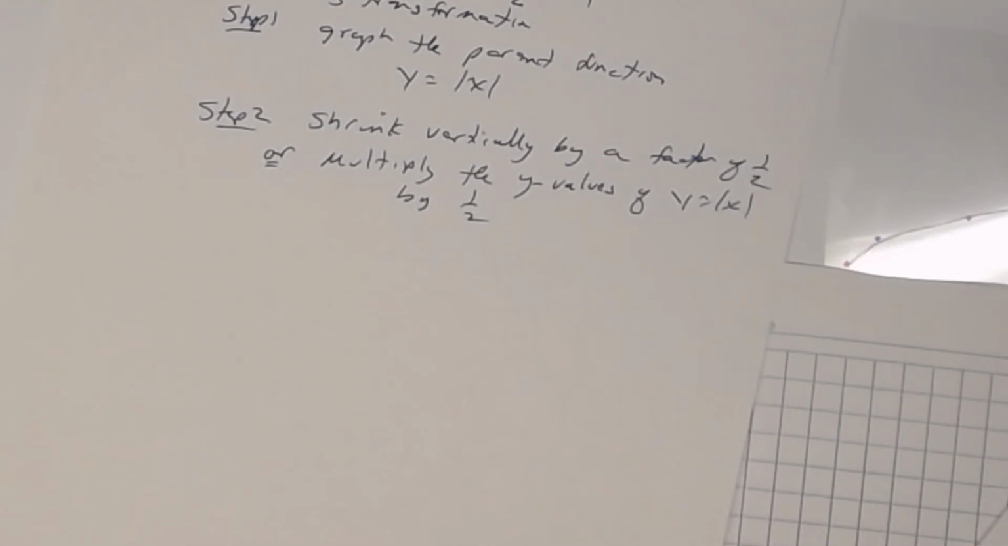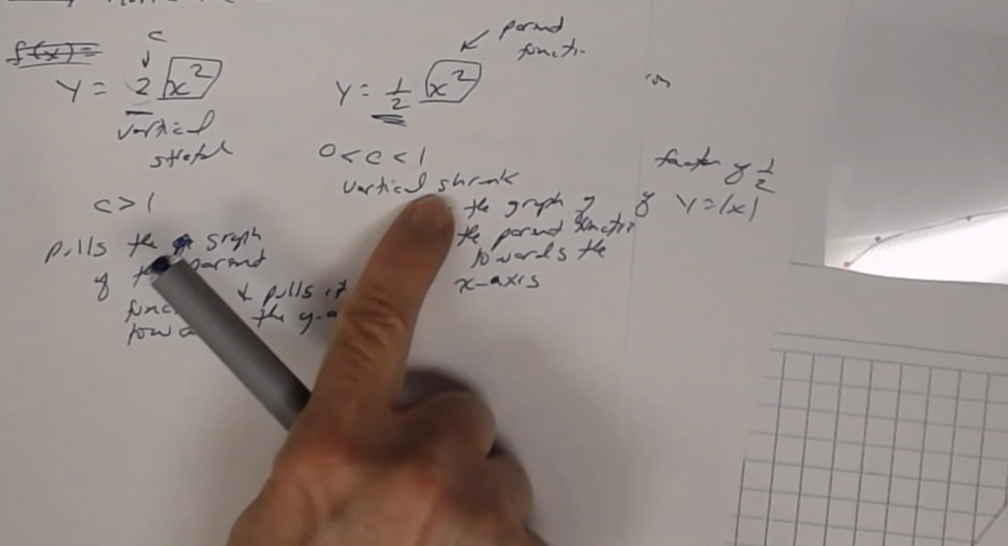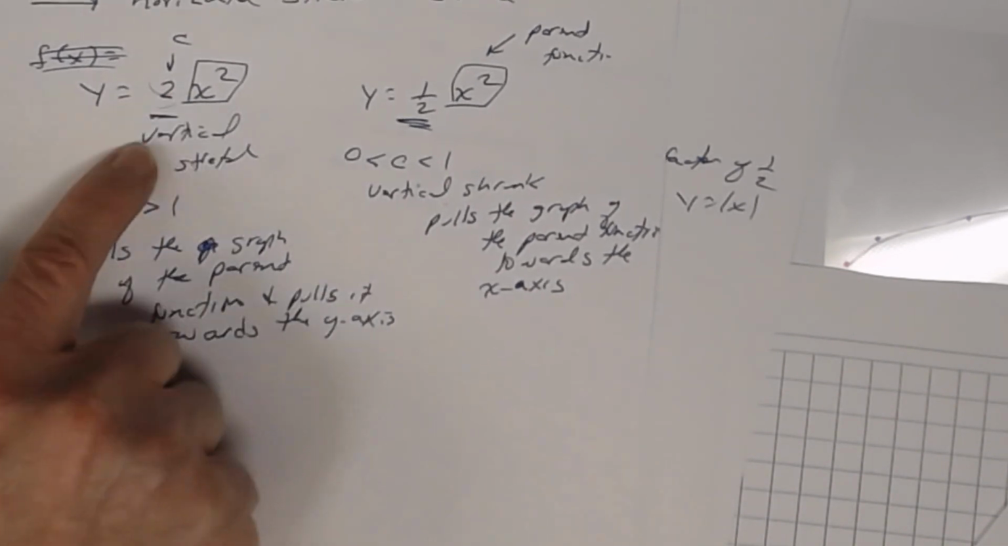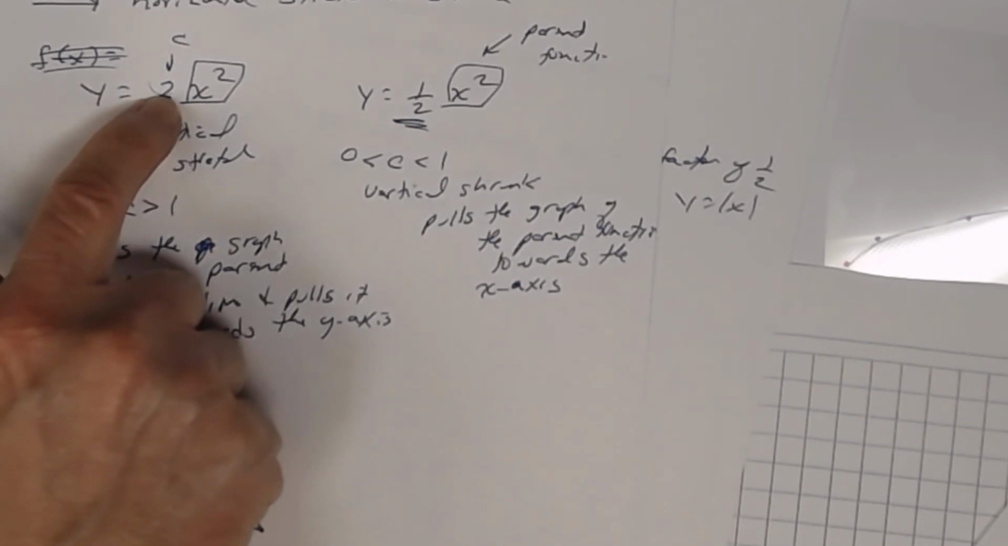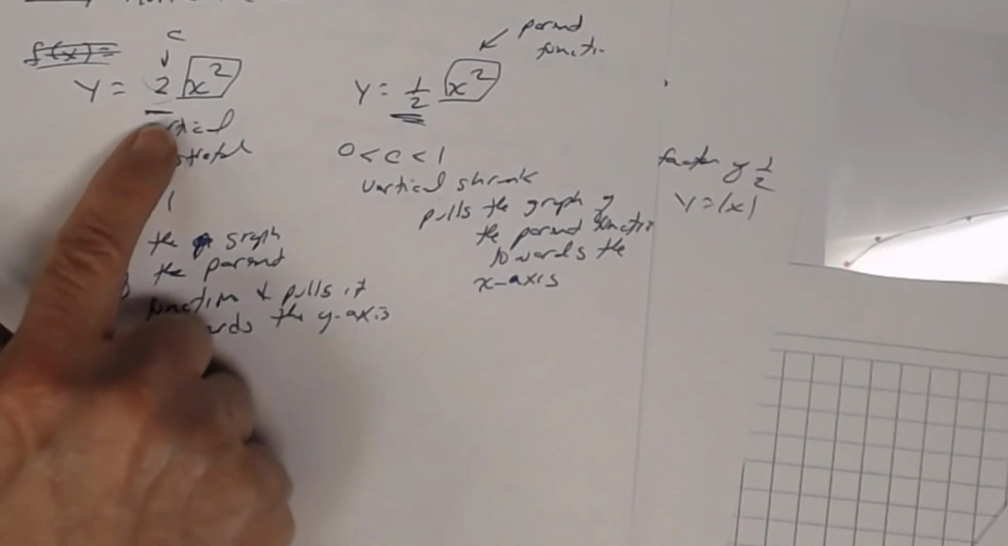We have a lot of pages here. Let me find what I wanted to. Okay, so this right here. Whenever you shrink vertically, you're pulling it towards the x-axis. Whenever you stretch vertically, that's where c is greater than 1. C here is between 0 and 1. So whenever you stretch vertically, you're pulling it towards the y-axis. So meaning